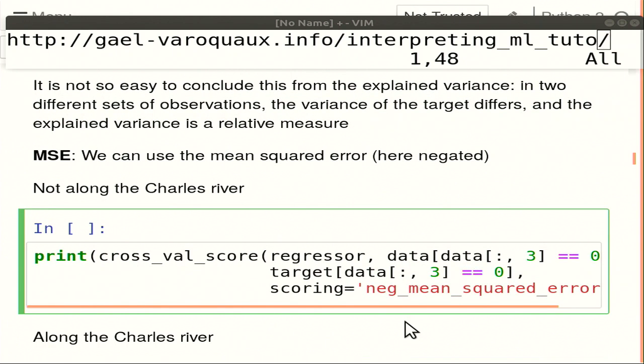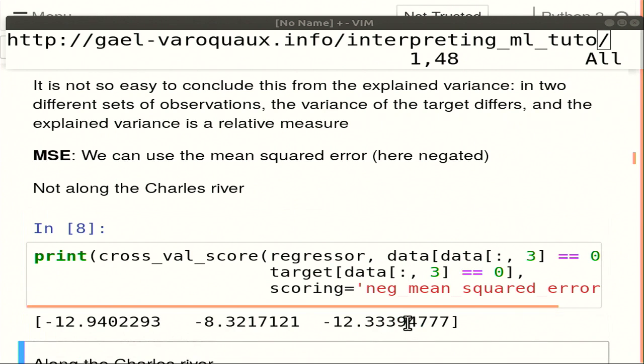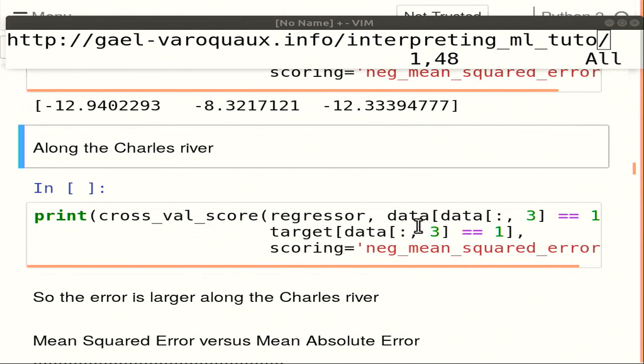So the way we change the measure reported by cross-val score in scikit-learn is that we use the scoring parameter that can take a string that describes what we want to use, and we can give it the mean squared error. But because in scikit-learn we want things to be bigger is better, scikit-learn doesn't provide the mean square error. It provides the negated mean square error. Okay? So we give it the negative mean square error,